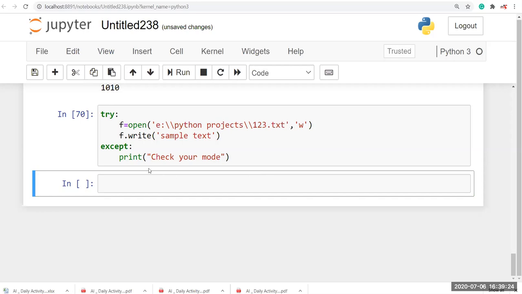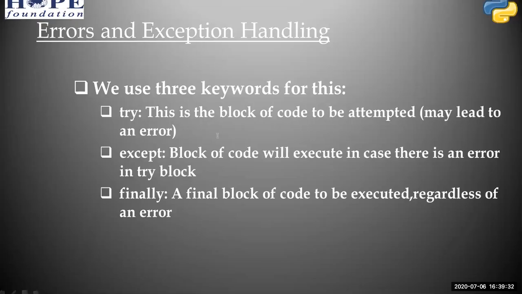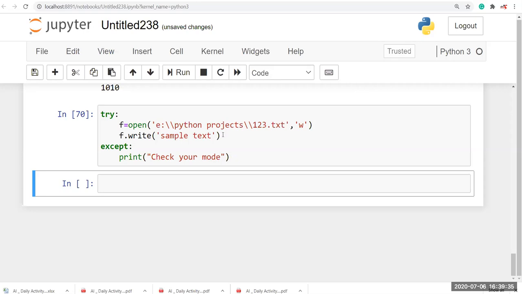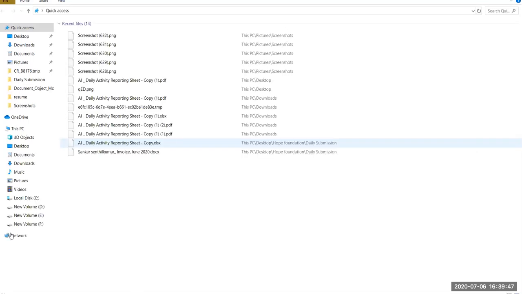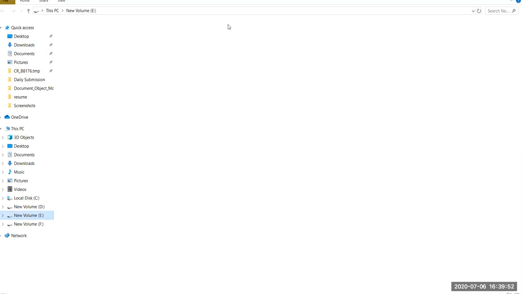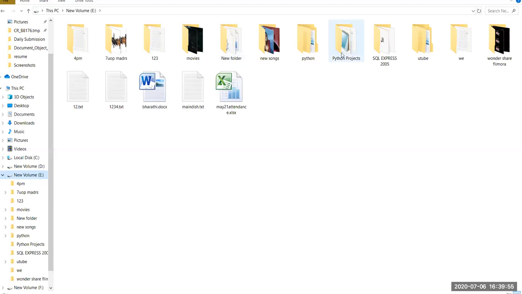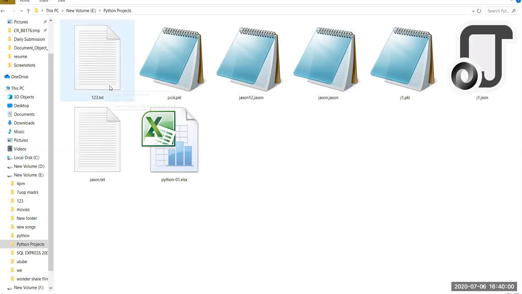Okay, so we can't see any output here because the file has been created in this disk, I think so. I'm going to open this, Python projects. So now you can see here the 123.txt has been created.